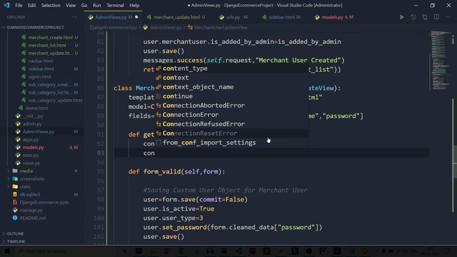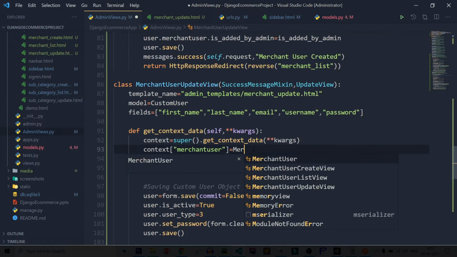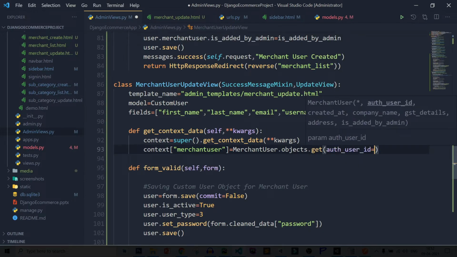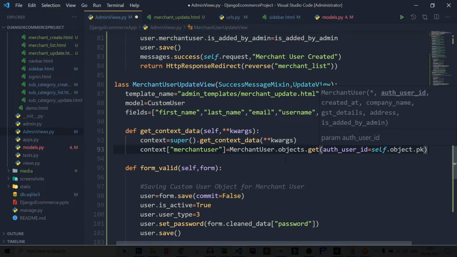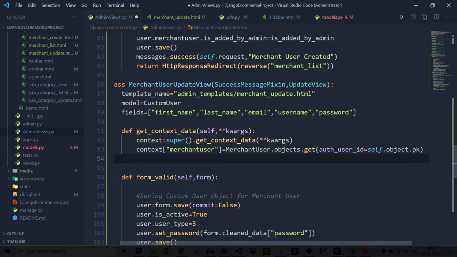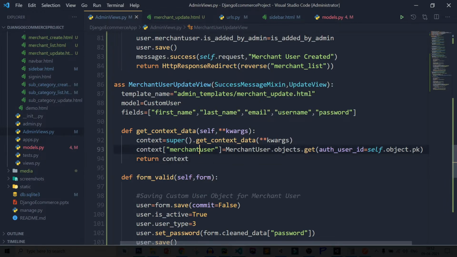Now after that context and here merchant user equal to pass the merchant user object. So merchant user dot objects dot get auth user id equal to self dot object dot pk. So from self dot object dot pk you can access the id which is coming from URL. After that simply return context, save it and let's try to access the merchant user.